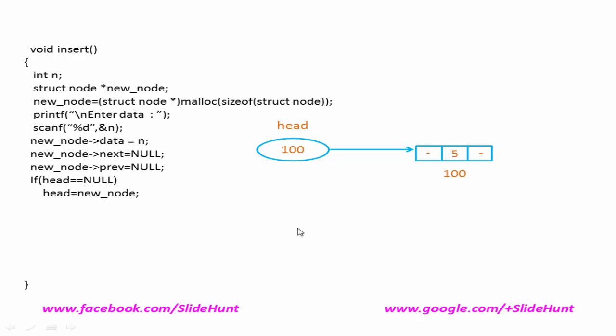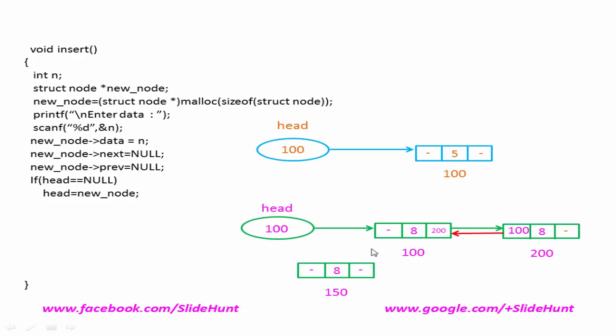But if head is not null, then what happens? Suppose this is a linked list and here we insert this node at the beginning of the list. First it checks this condition. If head equal to null, no, it is false, and it will execute the else block. So what do we do here? Here we give the address of new_node. So this field contains 150. So the previous link field of the head node contains the address of new_node. And we can write it as head->prev = new_node.